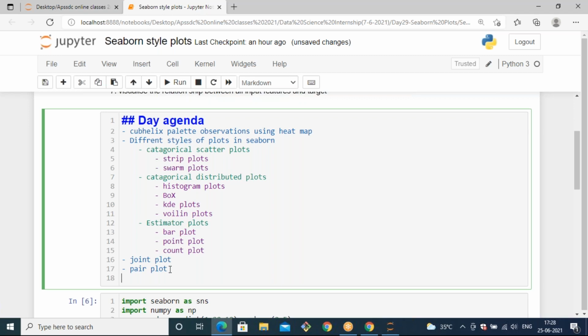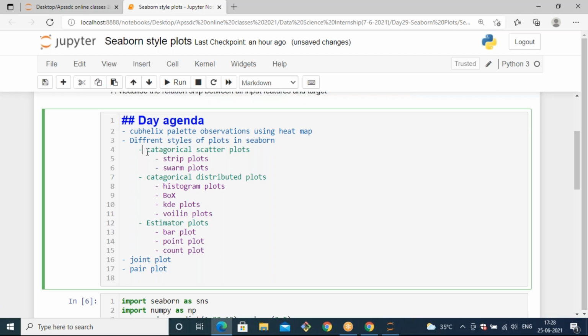I think maybe these are the plots. If I remember, I will cover the rest of the plots also. We will discuss all of the plots, and based on one particular application, we will pick the best plot out of the different plots. Okay, let's see one by one.